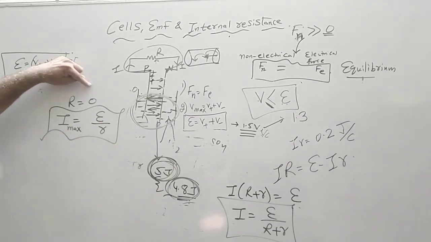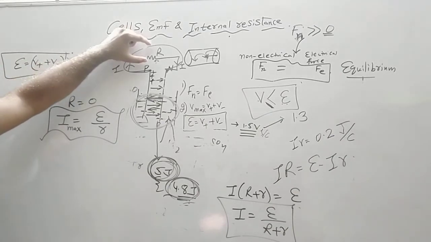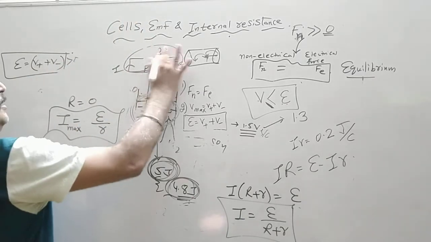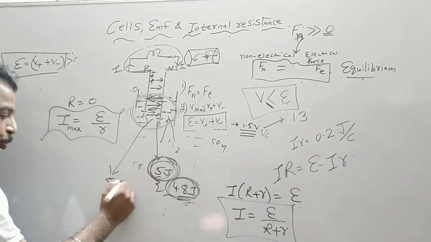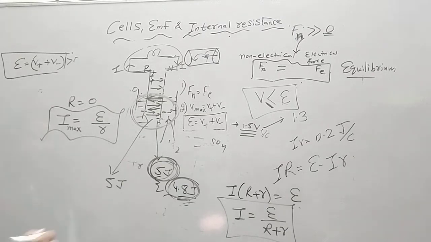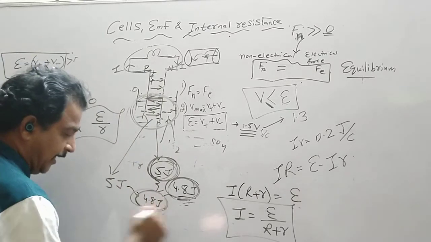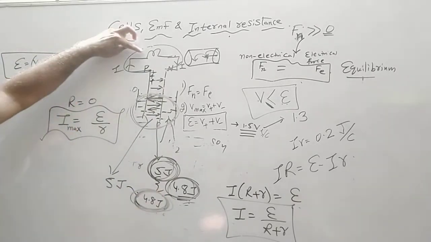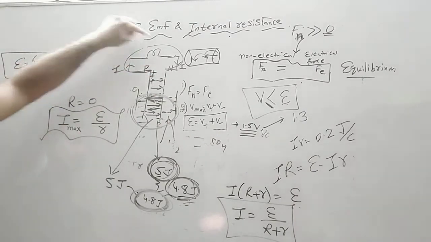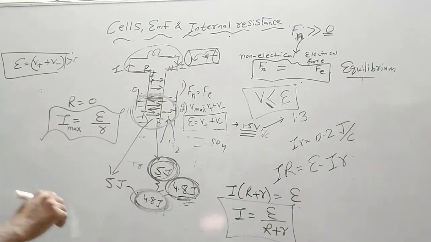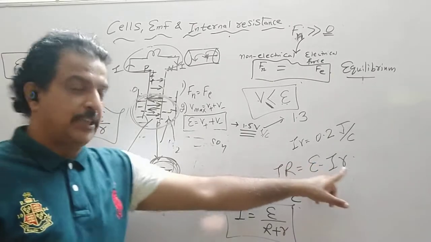So when R is 0, that is, there is no resistance of the device. Say I connect an electric bulb, and again I come to that point: 5 joule is the chemical energy, and I got 4.8 joule. So if I get this light energy of 4.8 joule, it means the bulb has 0 resistance. The bulb has 0 resistance, it means the maximum current is being drawn. But chemical energy is 5 joule. I got 4.8 joule because there was an internal resistance.